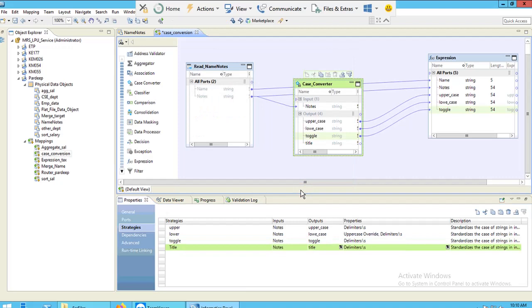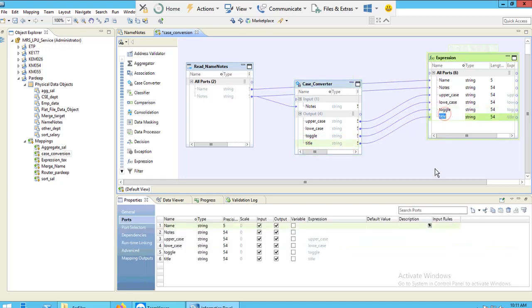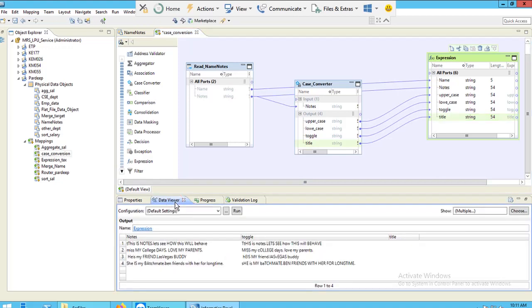Then you can select here. Now you can connect your title with the expression transformation. To see the result, you can go to the data viewer tab or click run here on the expression. Make sure you have selected your expression transformation here.